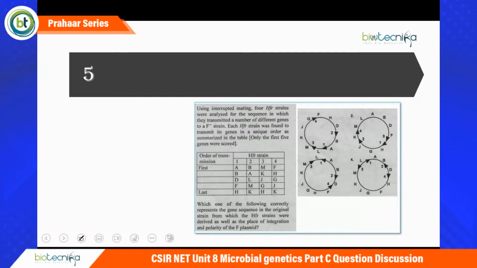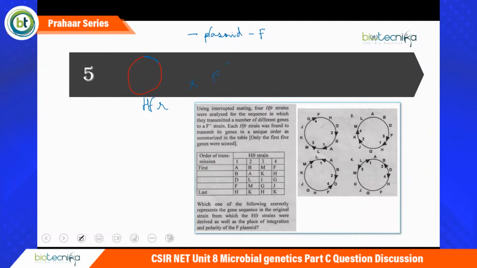See, we have already talked about what an HFR strain is. An HFR strain is a strain where the bacterial DNA is incorporated with the plasmid DNA. Let's say blue is the plasmid DNA. This is the F plasmid, and it will have the origin of transfer. Depending on where the F plasmid is integrated and in which orientation it is integrated, the genes will be transferred in a particular order from HFR